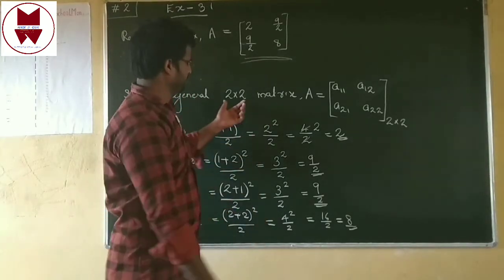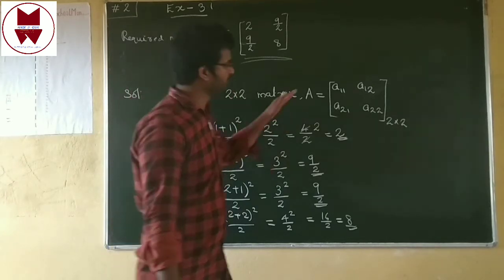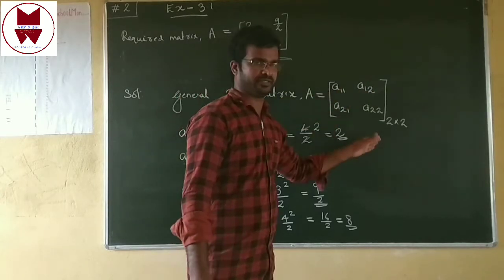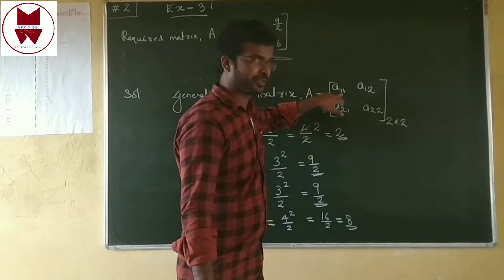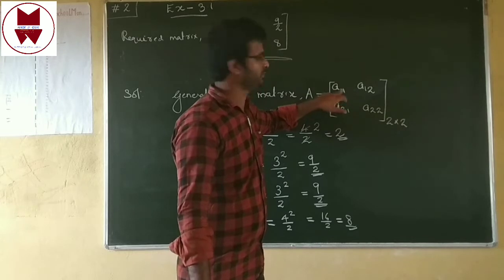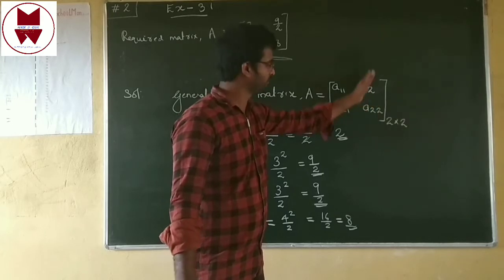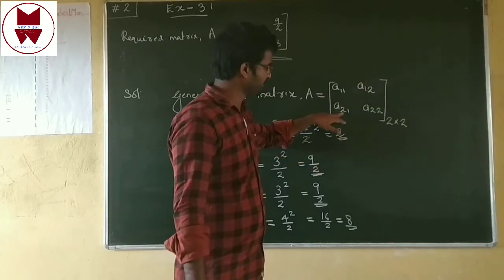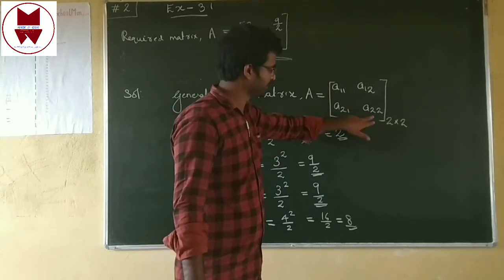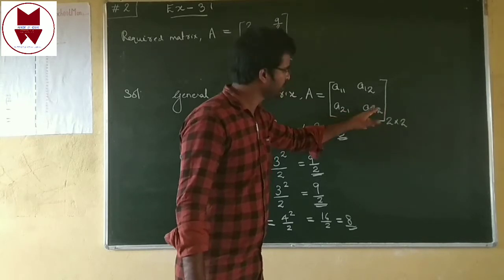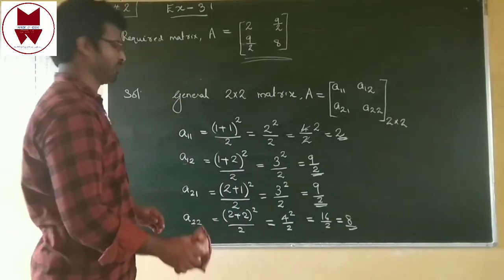I think that is it. First, you have to write the general 2 by 2 matrix. 2 by 2 matrix means we need 2 rows and 2 columns. Then A11, A12. The first number represents the row, the second represents the column. First row, first column. Here, first row, second column. This is the second column only, isn't it? Then A21 means this 2 represents the row: second row, first column. Check it here, second row. This 2 means second row, this 2 means second column, like that. Then that is our answer, Roman number 1.